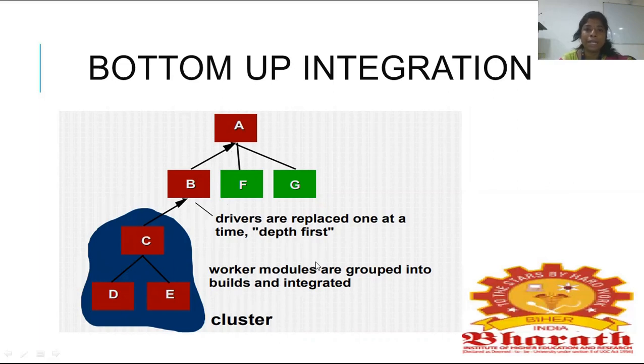So as I said, what is meant by integration testing? You're going to integrate all the modules into one. How am I going to integrate? Using two approaches: top-down and bottom-up. What is top-down? I'm going to check all the modules: A is the parent of B, which is the parent of C, which is the parent of D. In bottom-up integration, I'm going to check from below whether D and E are children of C, which is the child of B. I'm going to check the child-parent relation for bottom-up integration, and the parent for top-down integration.